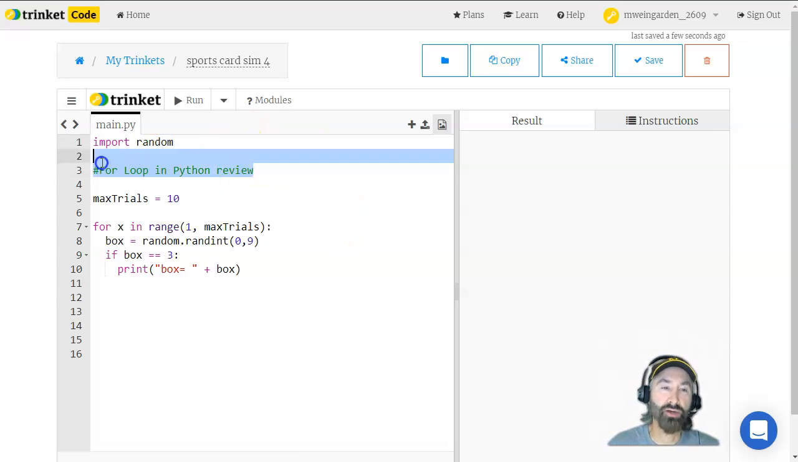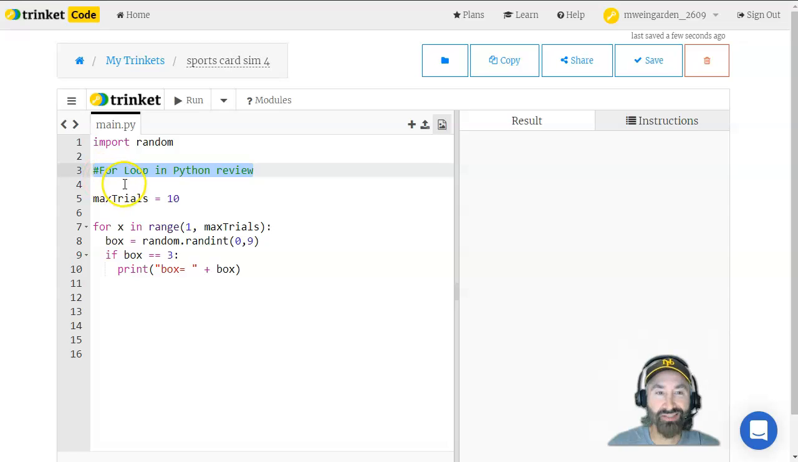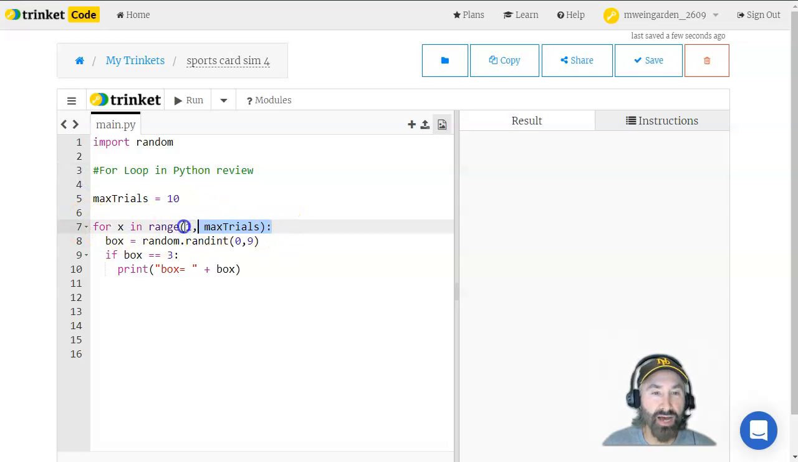I put a note here that before I begin with the advanced stuff, I want to give you a quick review of some concepts that we discussed in earlier videos. We're going to take a quick look at the for loop in Python code. And here is the construct for the for loop. We say something like for x in range 1 comma max trials, where we can set max trials to any number we want. Max trials is a variable, and we just happen to set it with the value of 10